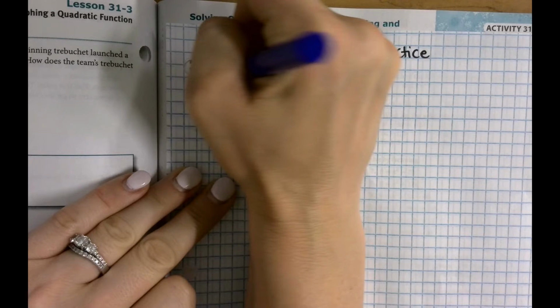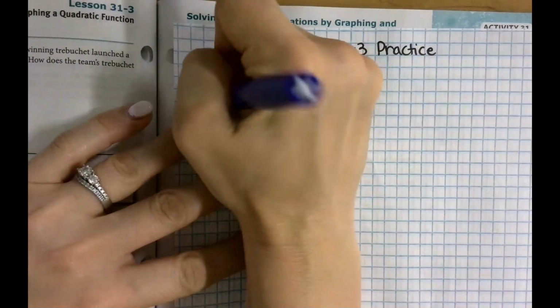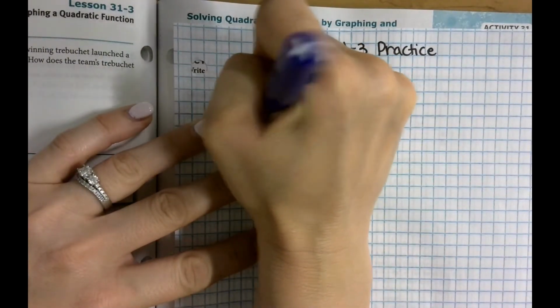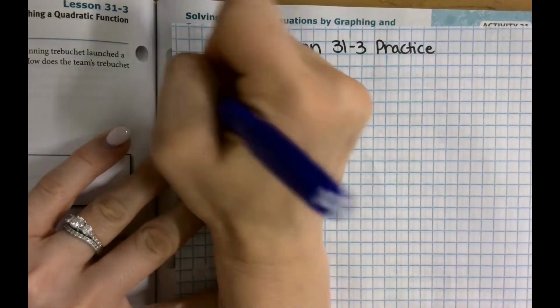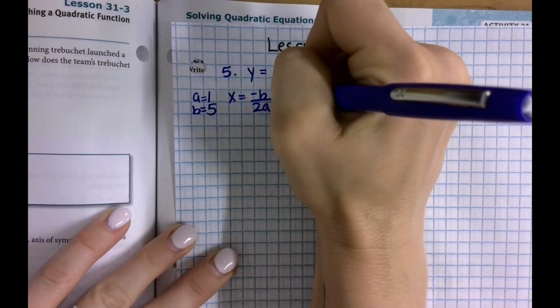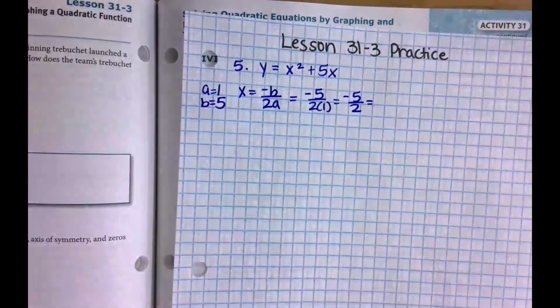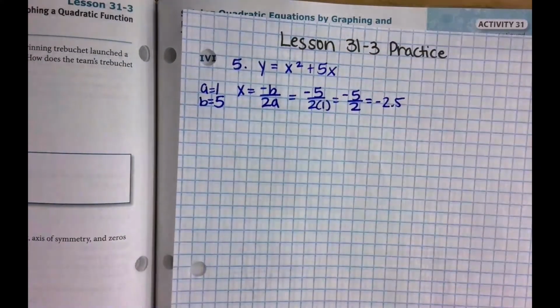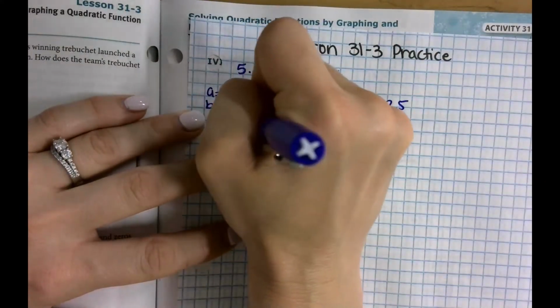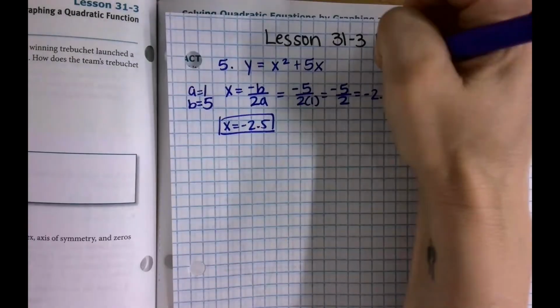Y equals x squared plus 5x. Let's first find the vertex. So x equals negative b over 2a. A equals 1 and b equals 5. Negative 5 over 2 times 1, which is negative 5 divided by 2, negative 2.5. So this is going to be our axis of symmetry. X equals negative 2.5, and the x coordinate